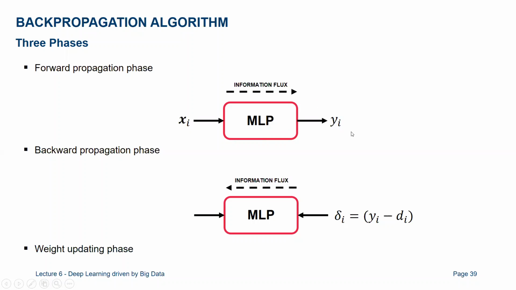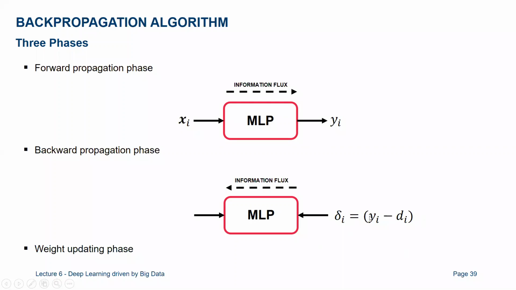Once you have an answer, you will have to compare it to the actual truth, the labels that you already have from your training set, and you will then propagate this back, and we'll see how it works in order to update the weights. At the beginning, each connection will have a particular weight, which is random. Of course, there are also strategies to initialize them with a non-random procedure, but let's assume that these are random. After the first propagation phase, these weights will be slightly better